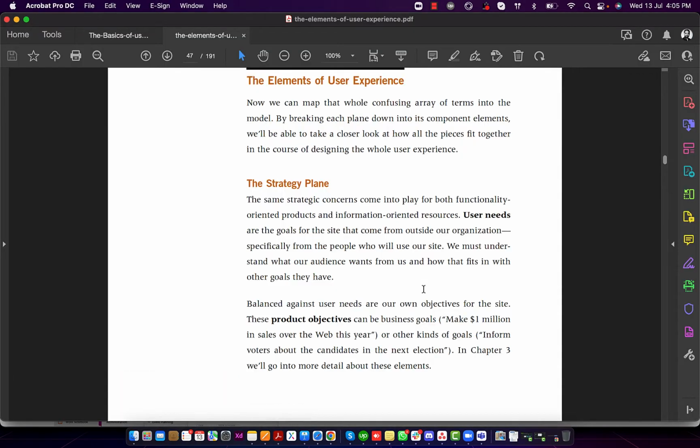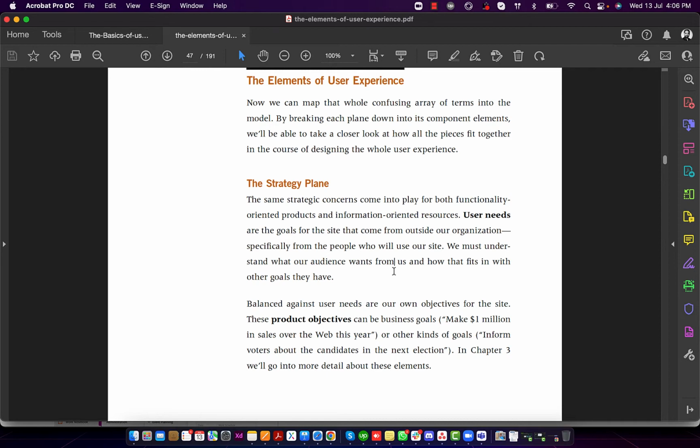Next, here we will talk about the strategy. As I was saying, you have to discuss with your client closely and try to understand his mission, at least, because a good UX designer is always a very good listener. If you will not listen, how will you understand your client's vision? So first silently, closely understand their requirements,